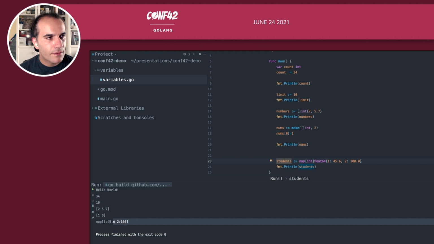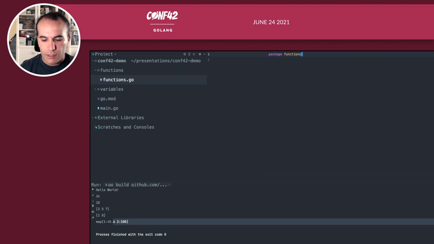What about functions? Let's switch to functions. Here I define another directory, functions. Just create another source file, functions. Here I define a sum function. It takes a and b as integers and returns an integer. You see, you don't need to define integer for all of the parameters. If they are repetitive, you define your variable names and then integer. I think this is valid for TypeScript also. You return